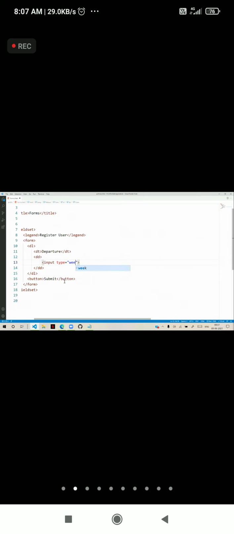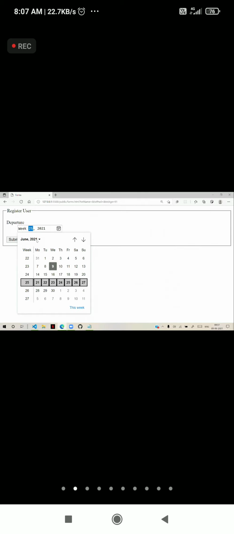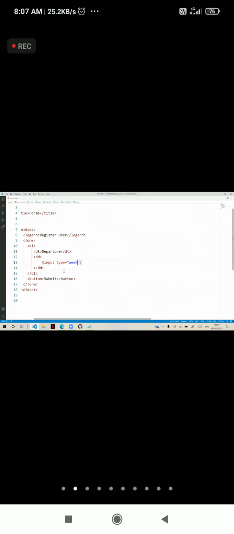We can use week to select an entire week from the year. You can select entire week number 25 in 2021. Week number 25 is nothing but June 21 to 27. You can select week, date, or month.